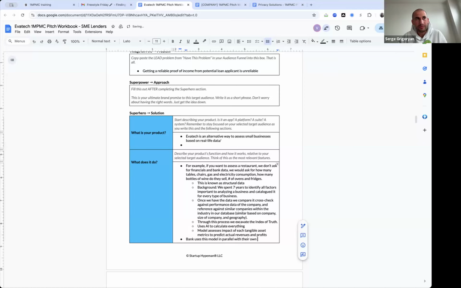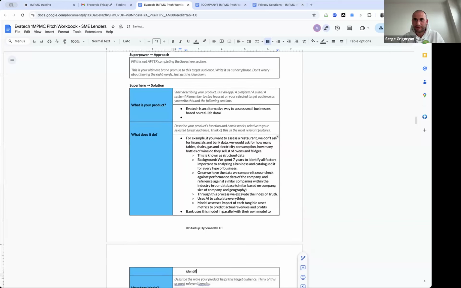Generally for them, the threshold is their own model. They can never trust Yevatech or any other organization. They think that their model is the best, so they compare us to their model. We call it backtesting. Once they backtest it and see that we evaluated the same customers with different methods but came to close results, they gain trust in our product, and this is how we generally sell it.